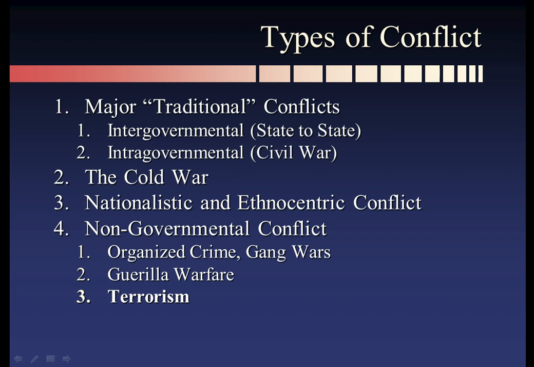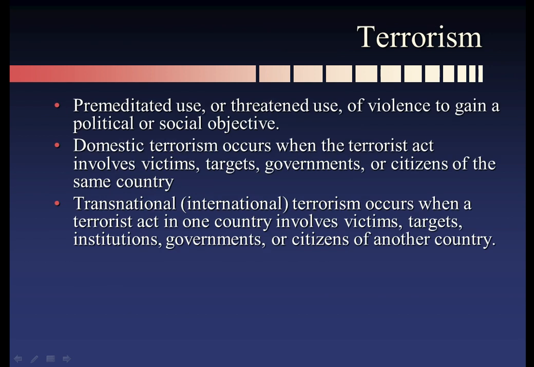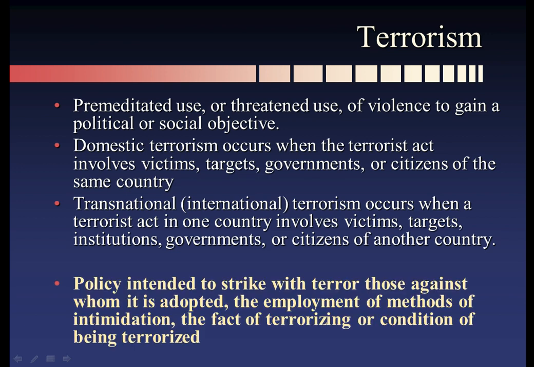And terrorism is something that is different from these other kinds of conflicts. When we talk about terrorism, we are talking about the premeditated use of violence to gain some sort of political or social objective. And there are two types, domestic terrorism and transnational or international terrorism, and they mean what their names imply. Domestic is within the same country. International is across borders. Ultimately, it is a policy that is intended to terrorize people,